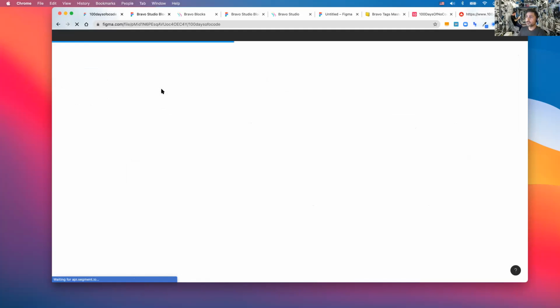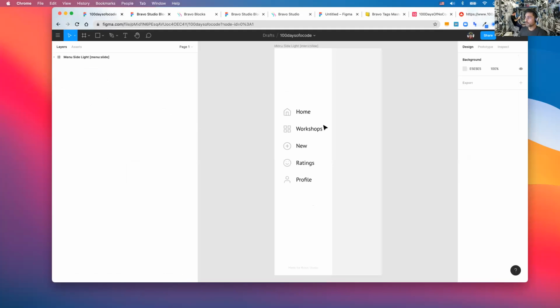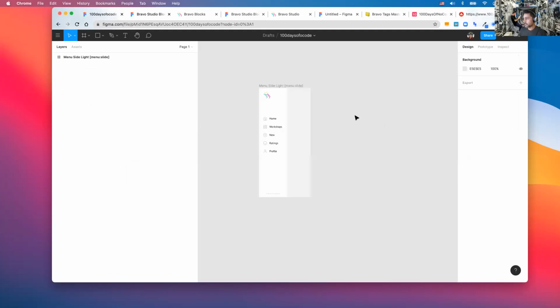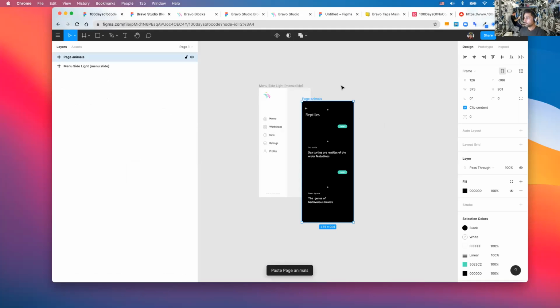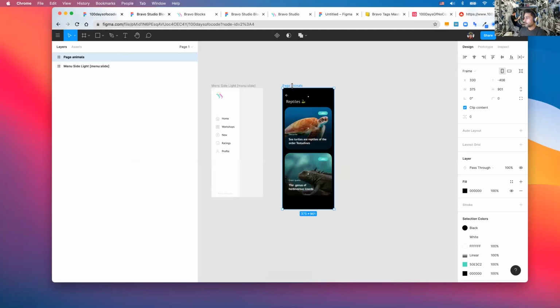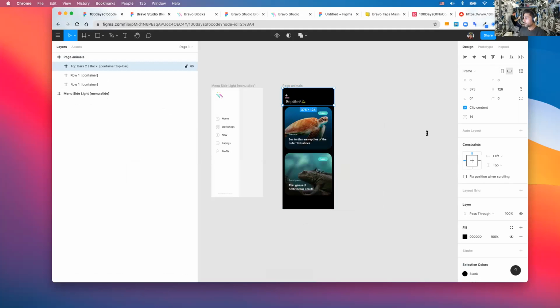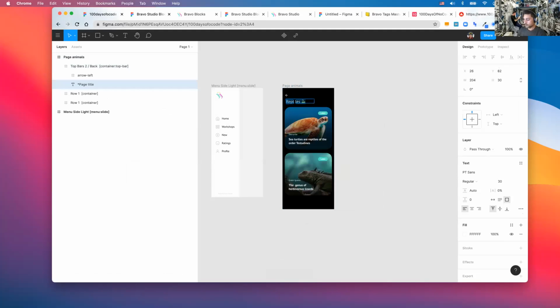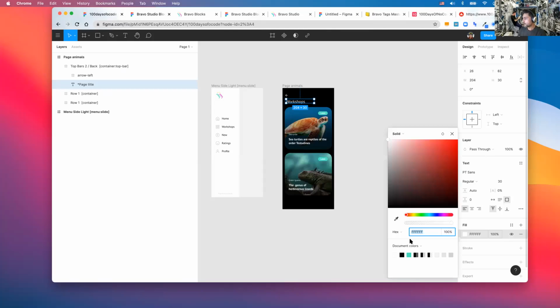Of course, all of these pages that are already pre-made, the point is for you to get started really fast and just have to customize them according to your needs. So I'm gonna paste that page. I just copy it. I'm going to put here workshops. I'm gonna change that to,